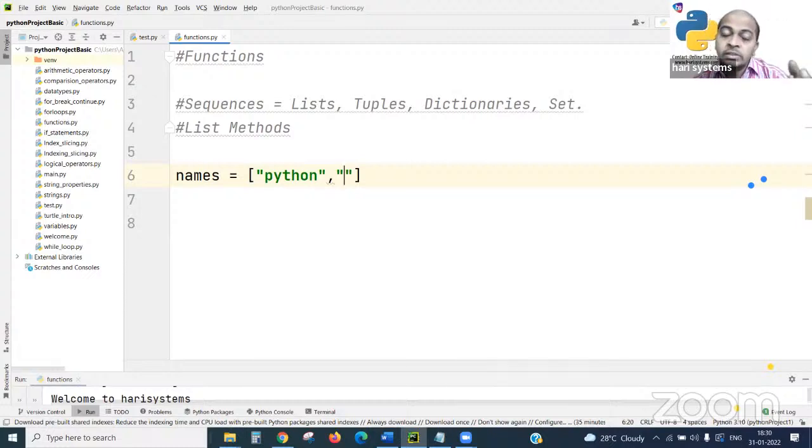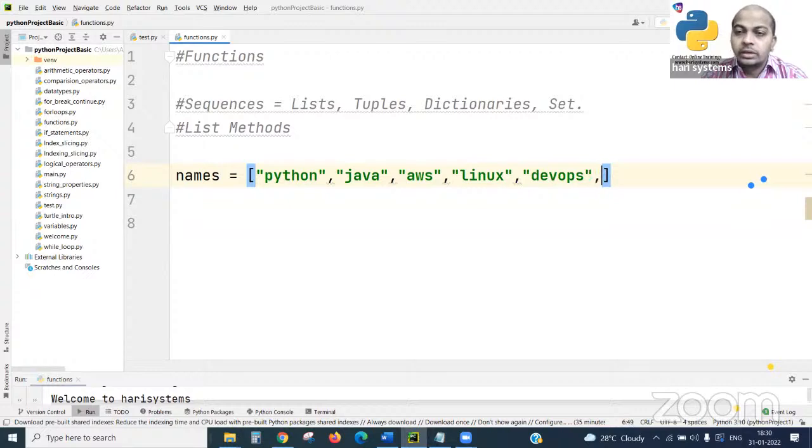A single variable has multiple data items irrespective of the data type: Python, Java, AWS, Linux, DevOps and AI. These are very popular topics nowadays.